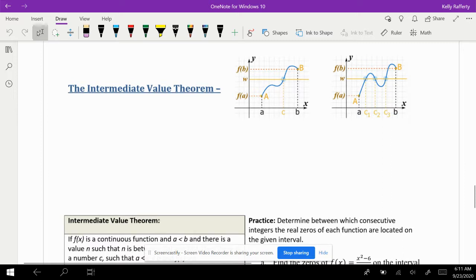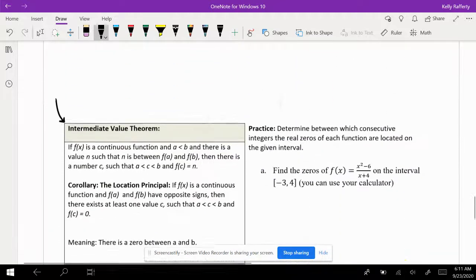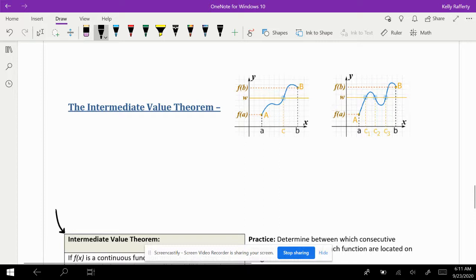All right, guys, so doing a quick video here on the intermediate value theorem, and I put in our notes how the book defines it, but I wanted to do just a more basic definition that we can think about and use in class. So the intermediate value theorem really says that when you have 2 points on a curve, and they put A and B in these pictures,